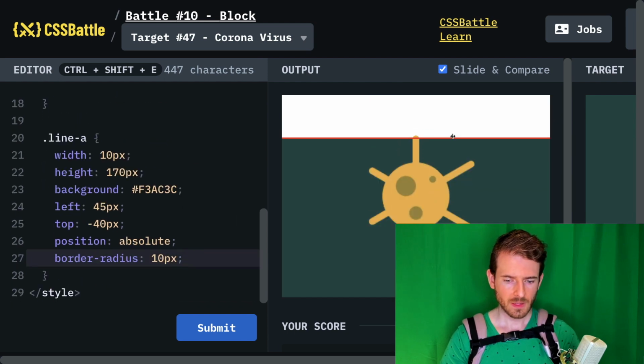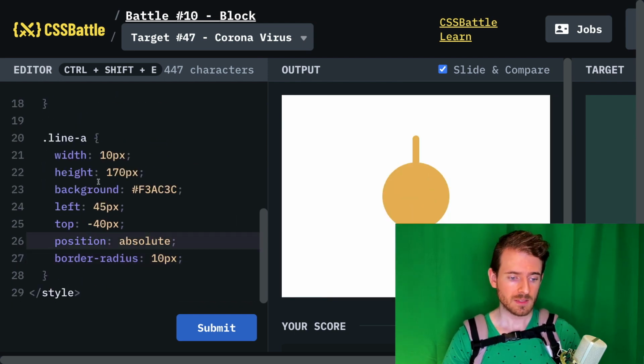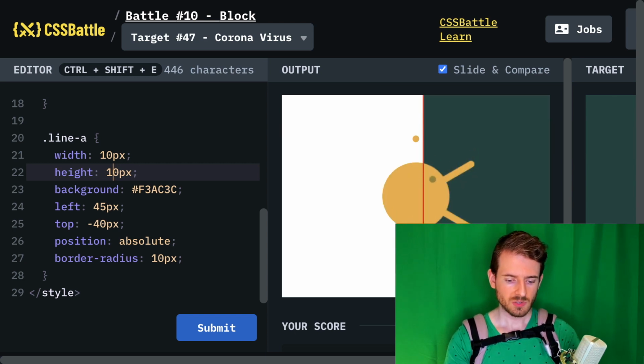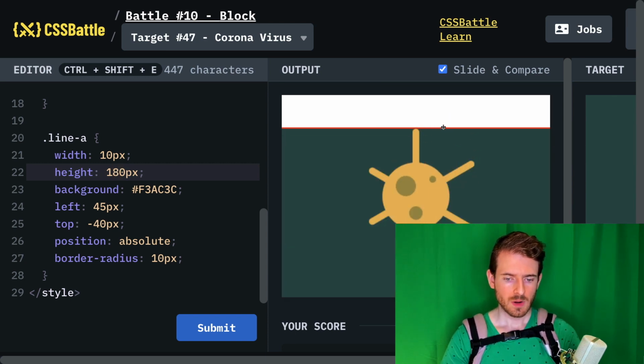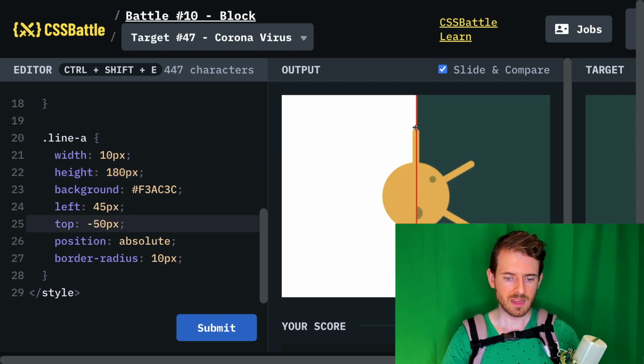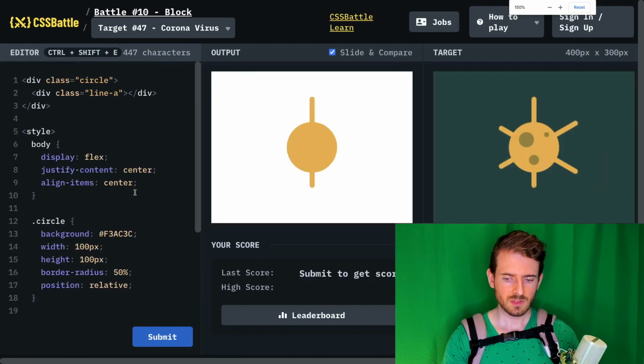All right, so our line A probably needs to be a little bit higher. So I'm going to try 190. That's too much. I'll try 180. And then it probably needs to be moved up 10 pixels. So I'm going to say top of negative 50. And there you have it. That looks like that's pretty good. So we're basically going to follow the same process for the other